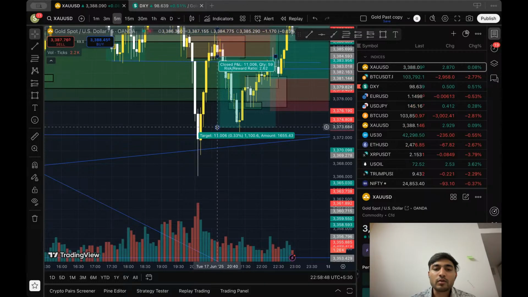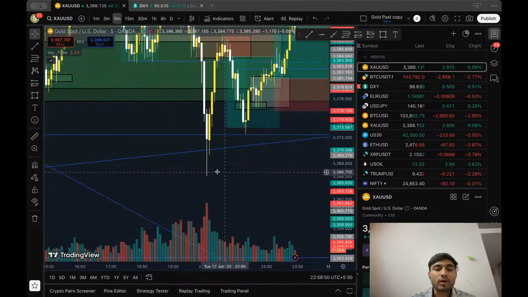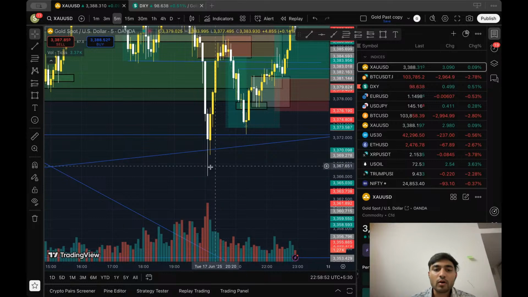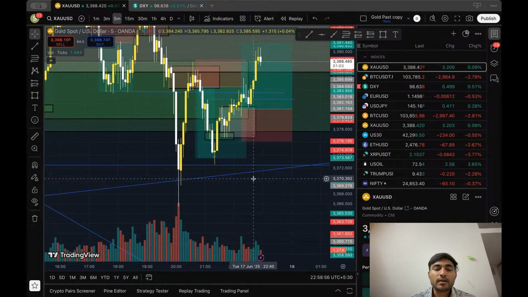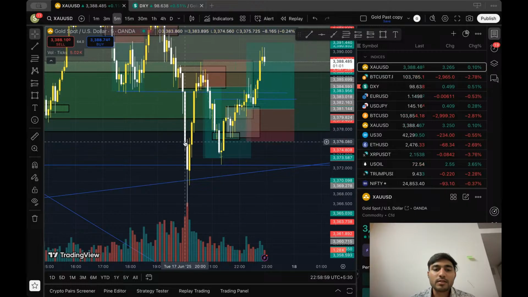So I know it would go below that level, but I know it won't go below these levels because a lot of buyers are sitting there. So I'm pretty confident that, see, this buying just tips you off, right? Gold is bullish,